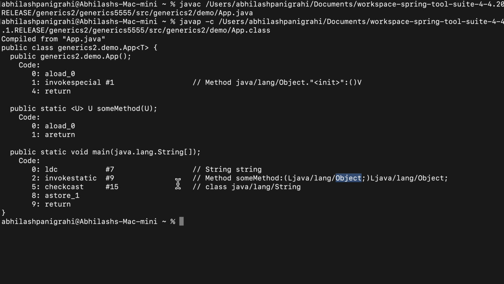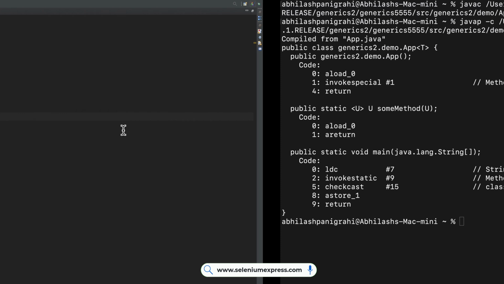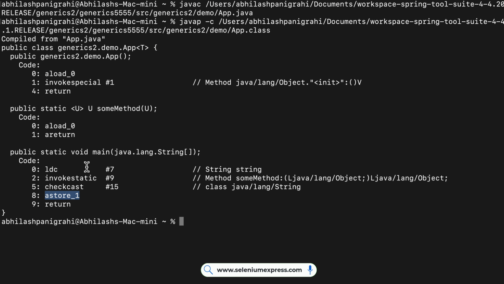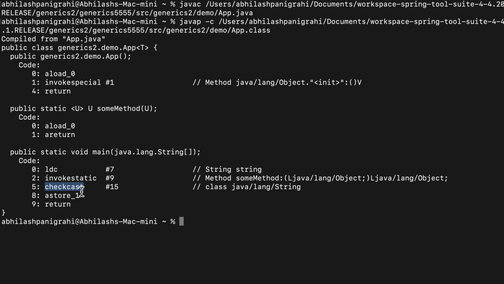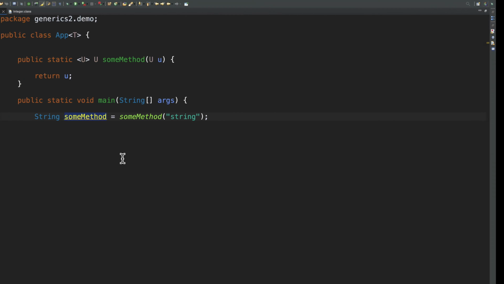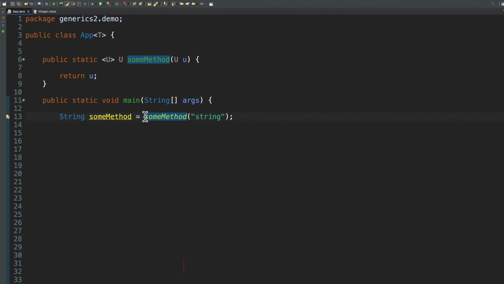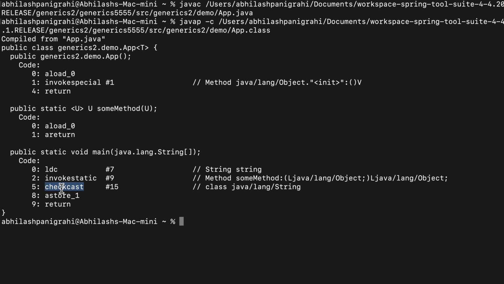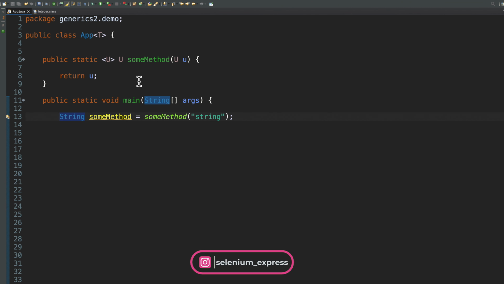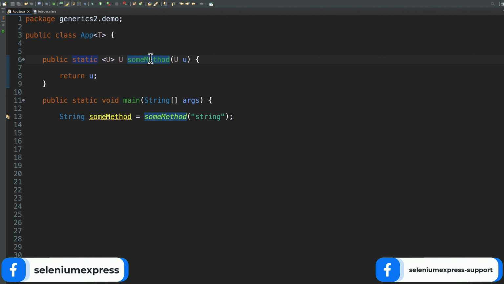And whenever you're handling the return type of some method and storing it into a variable, before that you can see there is a checkcast. So the casting is going on and converting. This method is returning me an object, but that is being cast to the string type, and the checkcast here is confirming that. So I can assure you that for the generic type static method,